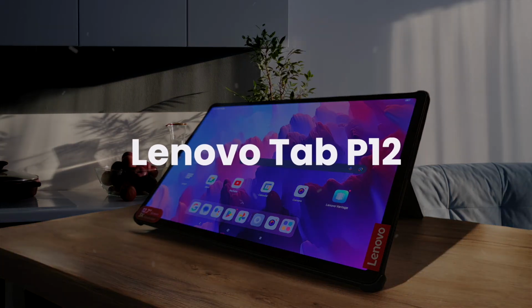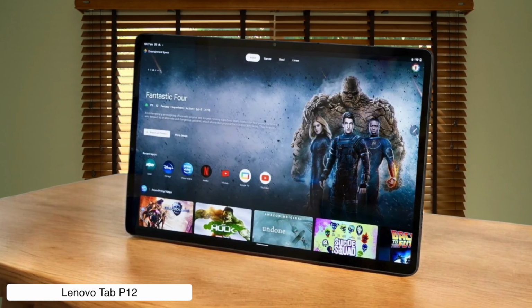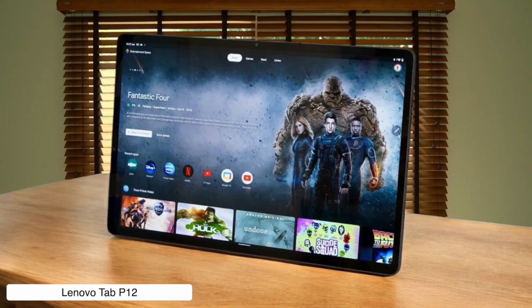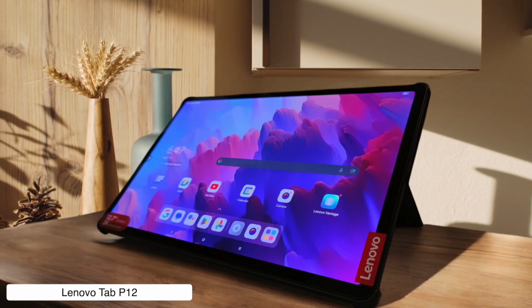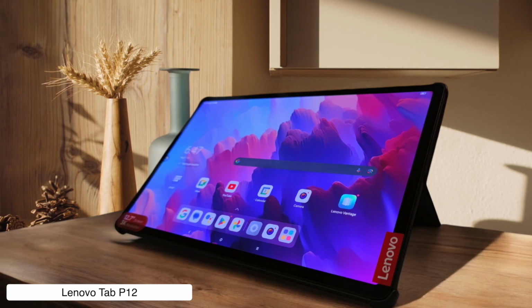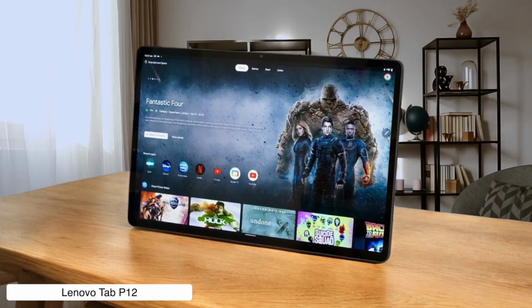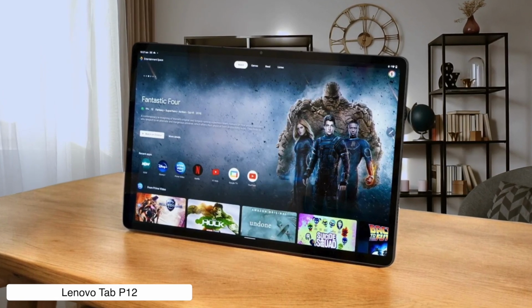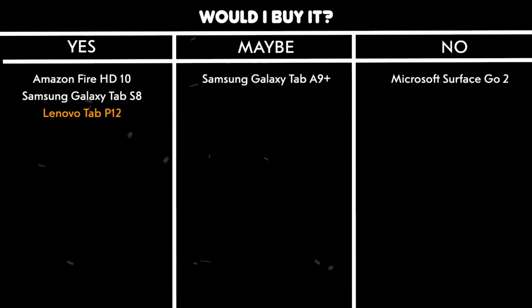Lenovo Tab P12. Look, for $349, you're getting a massive 12.7-inch display that's actually pretty damn good for watching movies. And the quad JBL speakers are surprisingly loud. I mean, this thing can wake up your neighbors. The MediaTek processor isn't going to win any races, but it handles basic tasks and some light gaming without breaking a sweat. Plus, the battery life is solid enough to last through 2 days of normal use. Would I buy it? Yes, it's a great value if you want a big screen for entertainment and don't need